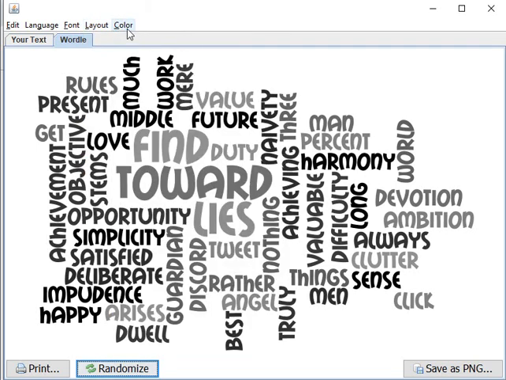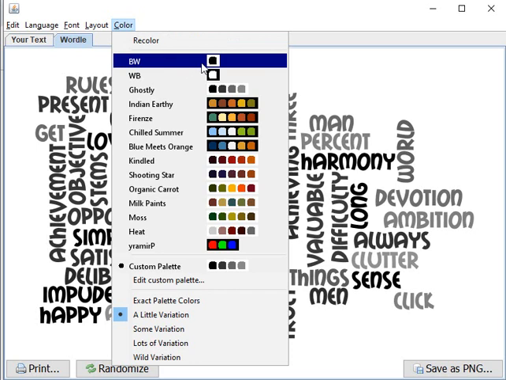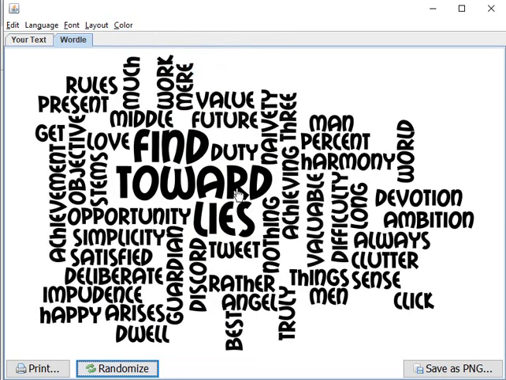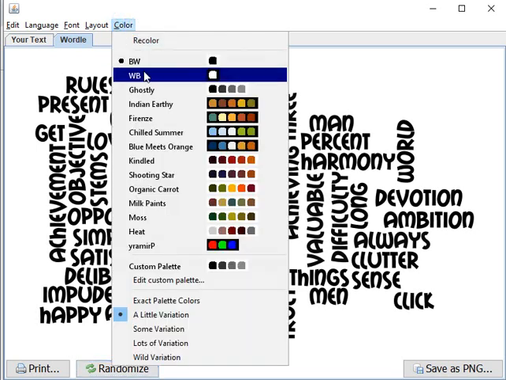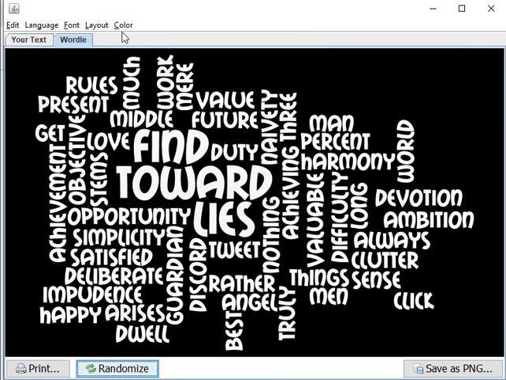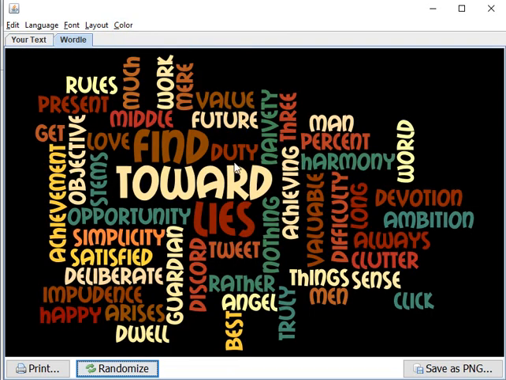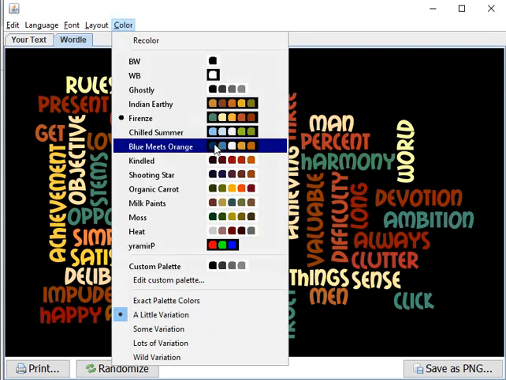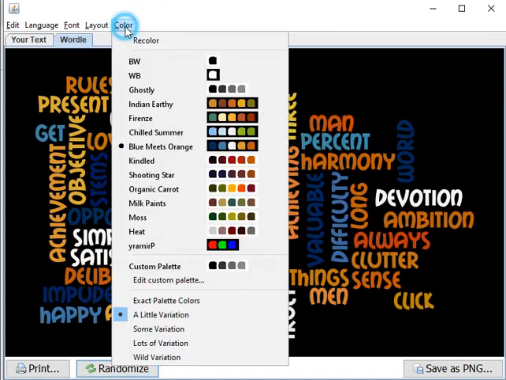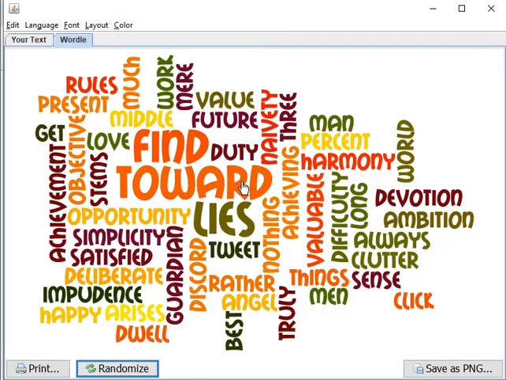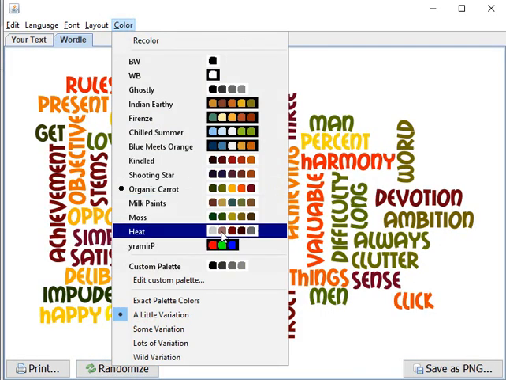color. Lots of color options here. Black and white, black on white rather, white on black. And then you have color palettes here on black background, so you can pick those. That is really cool. And you have the reverse options of white background using the color palettes on there. But what's cool down here is